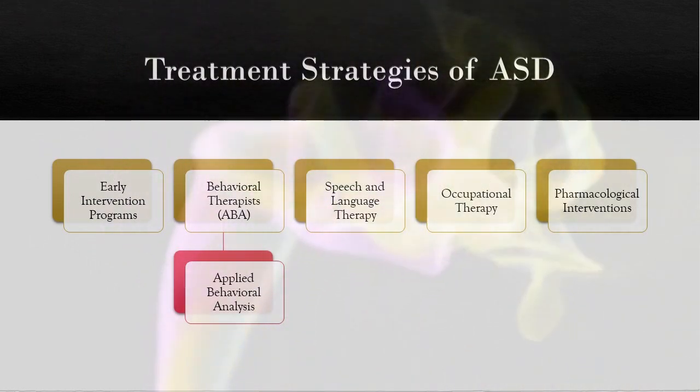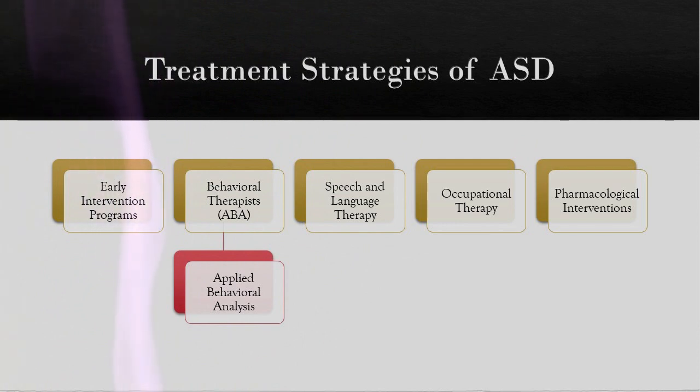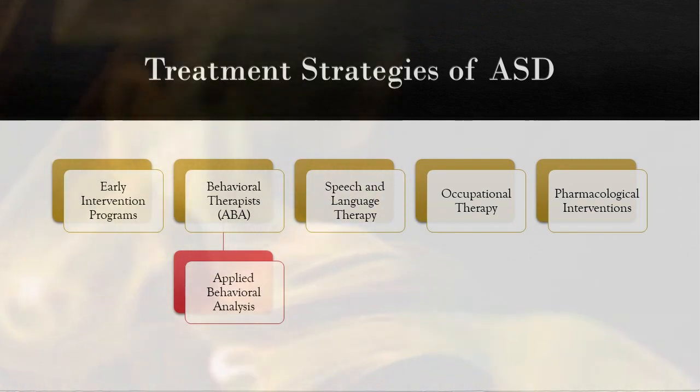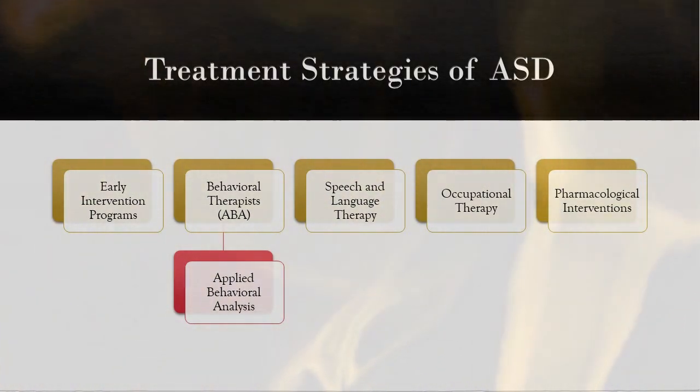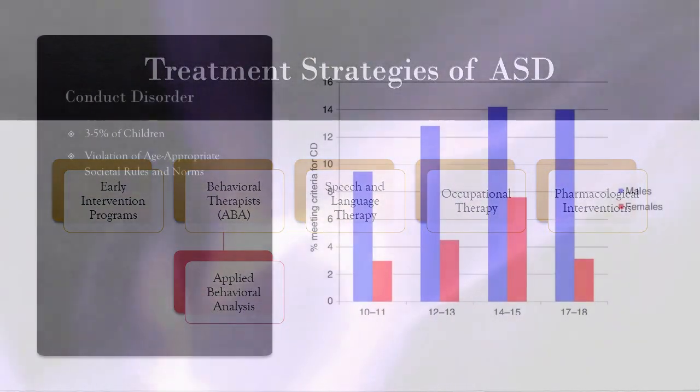Some research here really emphasizes, again, the importance of early intervention in shaping the positive outcomes for individuals with ASD. Of course, there is a lot more research that needs to be done in this area to refine treatments and ideally to find out the cause and be able to prevent ASD in the future. But that is kind of what we have at this point for ASD, autism spectrum disorder.